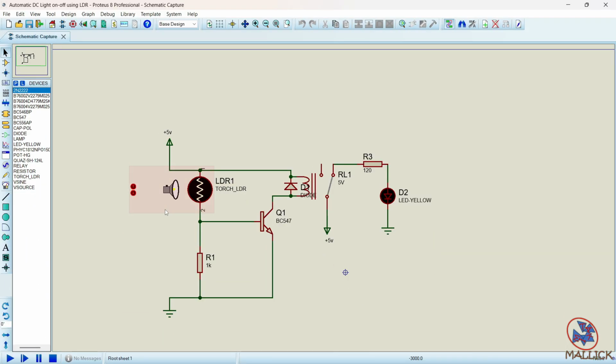The LDR can pass a very low amount of current that is not adequate to drive a relay or a somewhat bigger output. So we have to use a transistor. I have used here an NPN transistor, that is the BC547. So you see,